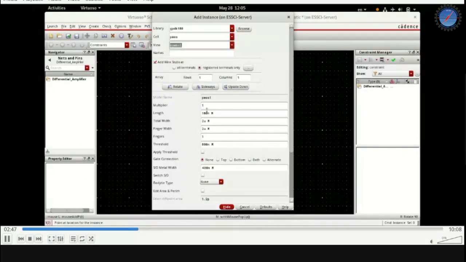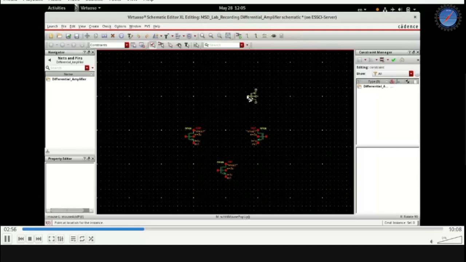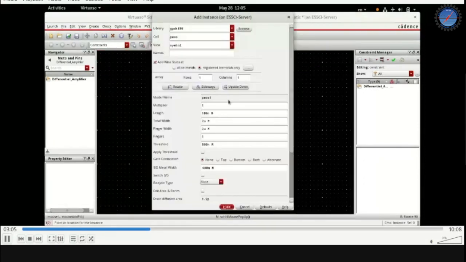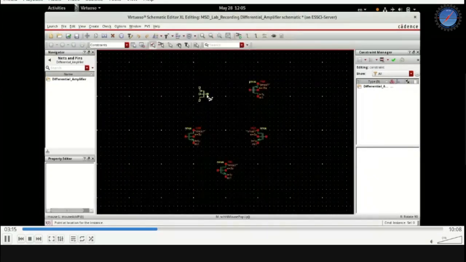Now we'll select the PMOS. Okay, again, PMOS is appearing as the load. So usually for the PMOS, we will choose a much wider transistor. All right, and then place it there as the load. And then the other transistor, again, you can flip it horizontally, right, so that you can do the connections nicely. Again, you can see the channel length is going to be 1 micron. All right, yeah, so place it there.